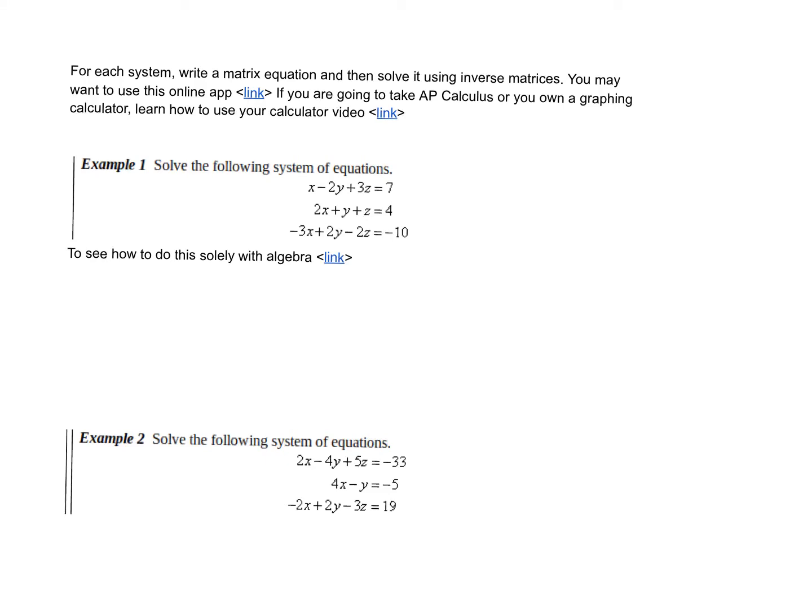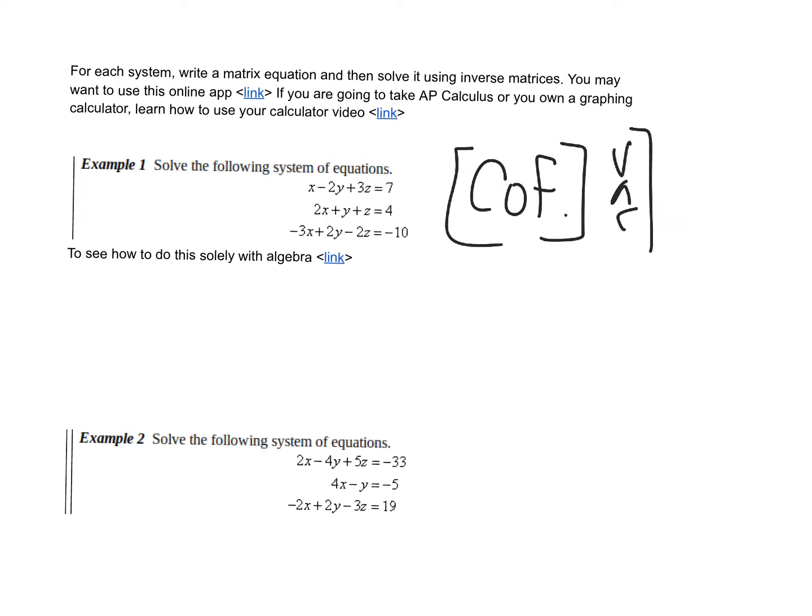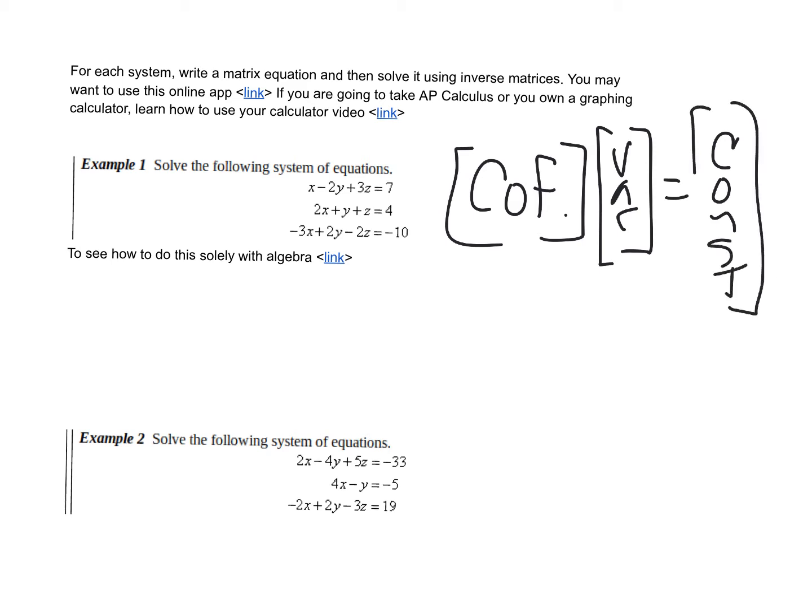Okay, so how do you solve this with matrices? Well, what we're going to do is set up a coefficient matrix. Here, I'm going to abbreviate coefficient matrix. Then we have a variable matrix that equals the constants. I'm going to abbreviate again. Okay. Now, what we're trying to do with this, just so you know, so let's say I had this equation,